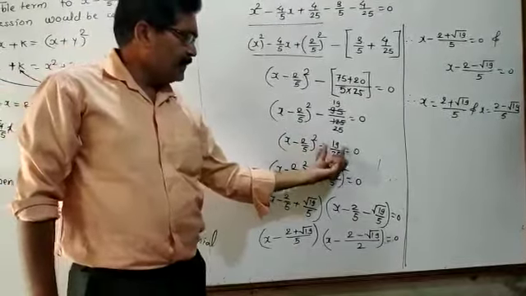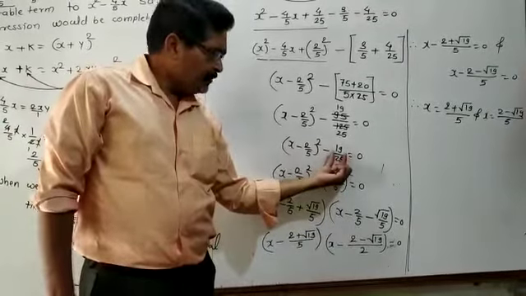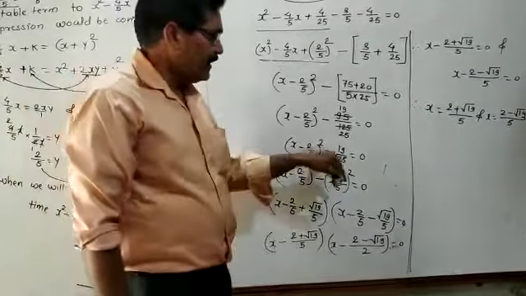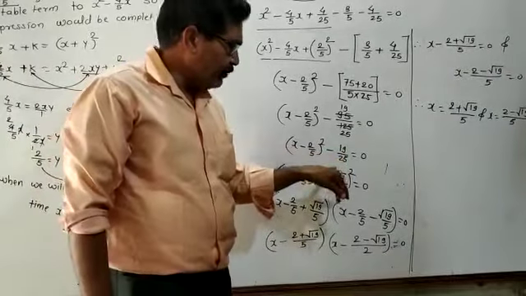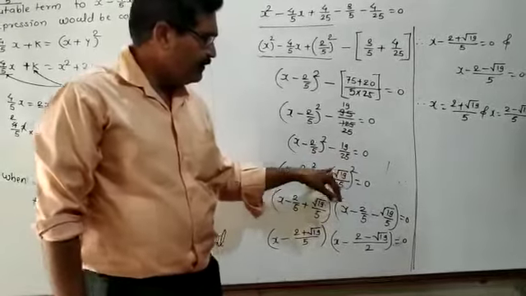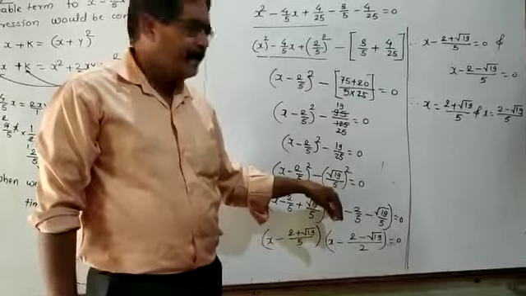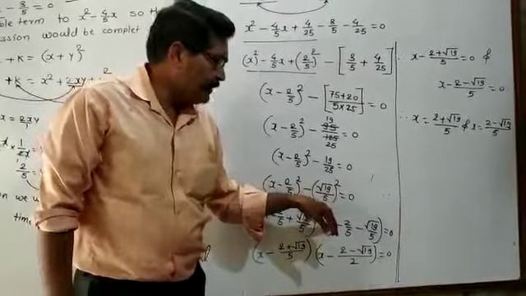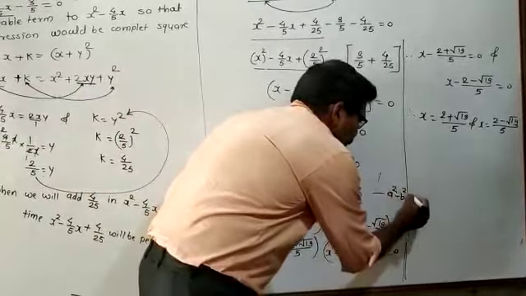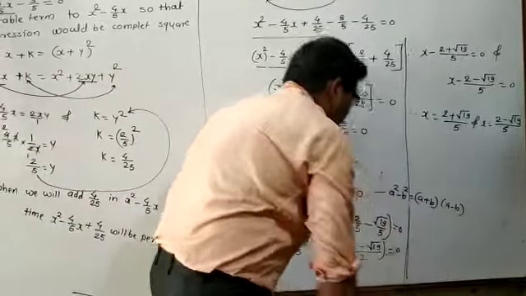If you observe, this one is the perfect square term, this one is also a perfect square term, but this 19 is not the perfect square. Then you have to write this 19 in the form of a perfect square. So I will write this 19 as square root of 19, upon this 25 is the perfect square of 5. Means square root of 19 upon 5 bracket square. Here you have to utilize the identity a square minus b square is equal to a plus b in one bracket and a minus b in another bracket.